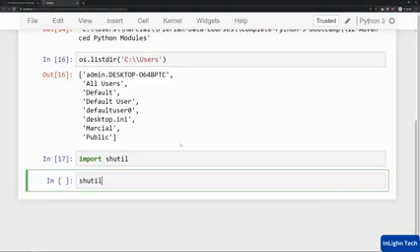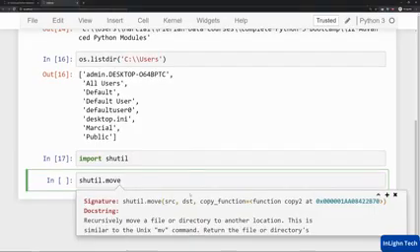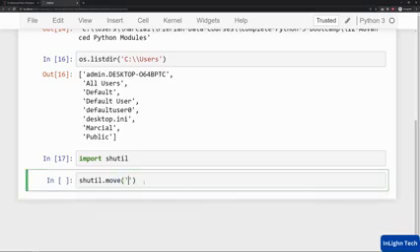You simply call shutil.move, and it essentially just takes two main parameters, which is src, the source, and dst, the destination. So it's very similar to the Unix mv command. If you're comfortable with the Linux command line, this should feel familiar. Essentially what we're saying is take this source and move it to this destination. So let's go ahead and grab that